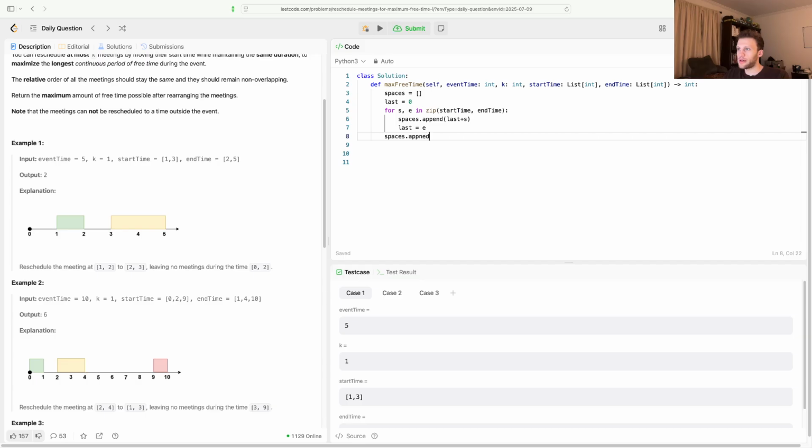Spaces dot append last plus event time, which is how long the event's gonna last. So like if you had a value that ended at 5, but event time was 6, you'd still want a space of 1 there. And if not, it's gonna be 0. So and then we're gonna want to do another for loop here for i in range of spaces, and here we're gonna want to do